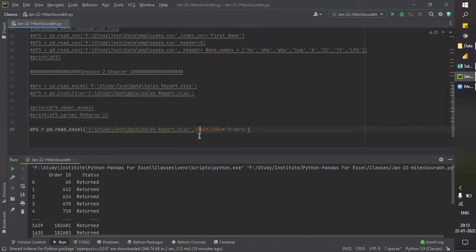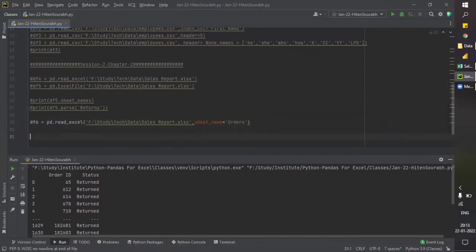And as you have seen, if we don't mention this particular code, then it will load the first sheet's data, which was the case in this file. We didn't mention any specific sheet to be loaded. So let's run this and check whether the data is there or not. Print df6.